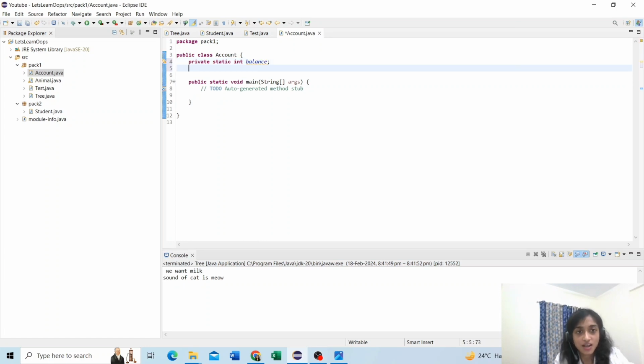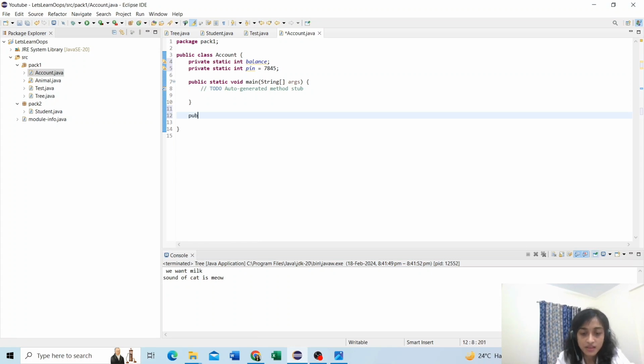Now as soon as your account is created, you get a private pin. Now you can only use this pin. Maybe you set your own pin or you get the pin through the bank. Maybe 7845 is your unique pin. Now in this Account class we will add two features, one to get the balance and one to set the balance. So public static int get